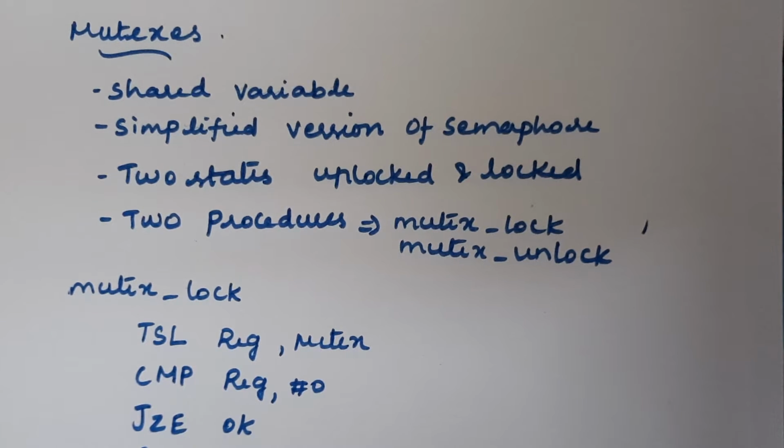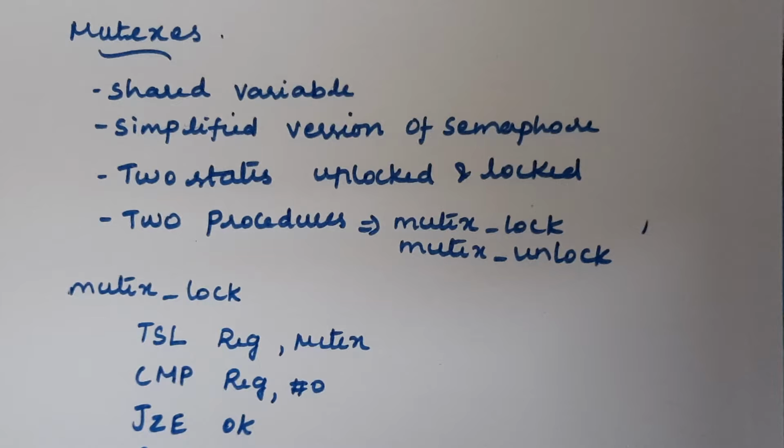Hello everyone. In this video we will discuss the concept called mutex. We already discussed semaphores and how we solved the producer-consumer problem with the help of a semaphore. The simplified version of the semaphore is the mutex. A semaphore uses a count variable, which is a common variable, but that is not needed here. So we are going to the next concept called mutex, which is the simplified version of a semaphore,